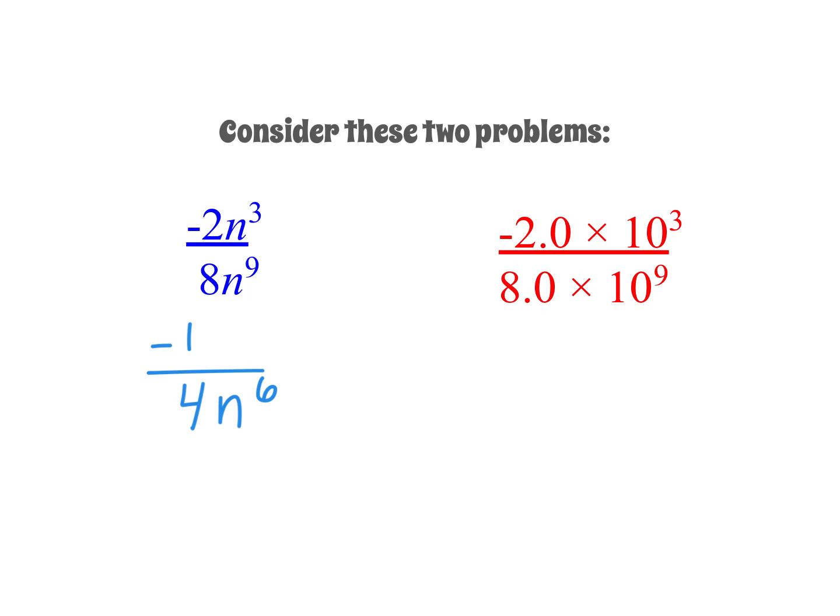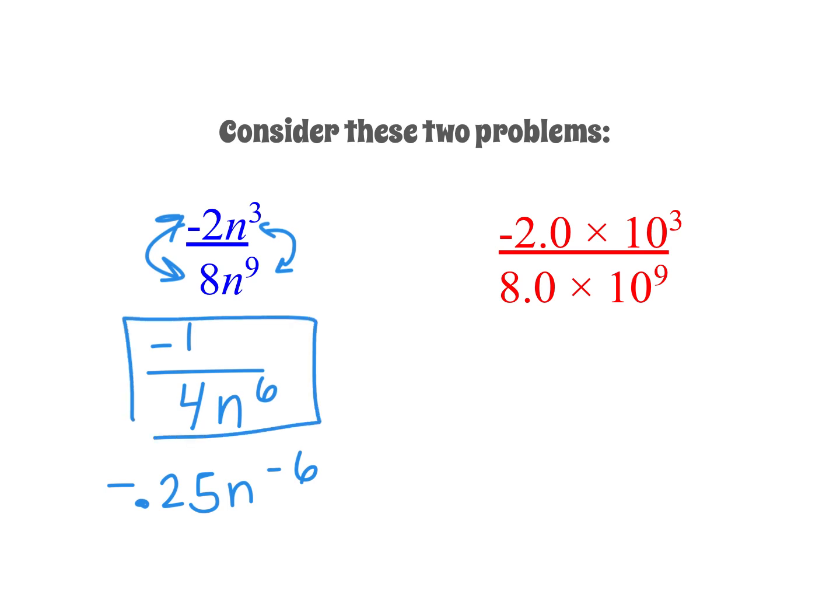However, what if I said, can you make this all on one line? Technically, what we could do is negative 1/4, remember, is the decimal negative 0.25. So we could just divide negative 2 and 8 and get negative 0.25. And then we also could just subtract our exponents. 3 minus 9 is n to the negative 6th. Both of these things are equal to each other, but the simplest form for problems that look like this would be the fraction form. The reason I'm showing you this is because the same rule applies when you are doing scientific notation,